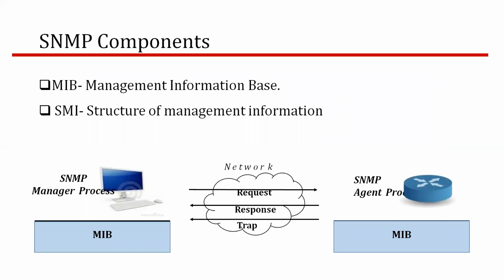Next comes the components in SNMP. The components used in SNMP are structure of management information, SMI, and management information base, MIB. MIB, management information base, creates a collection of named variable types and their relationship to each other in an entity to be managed. Whereas SMI, structure of management information, defines general rules for naming variables, defining variable types, including range and length, and showing how to encode variables and values.